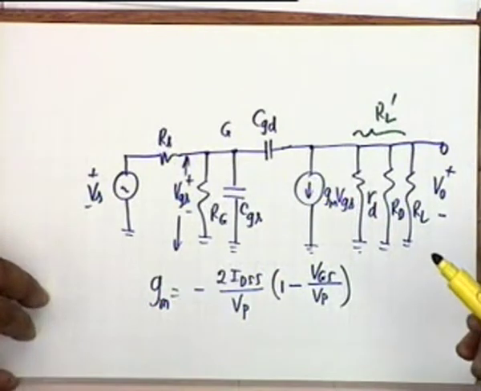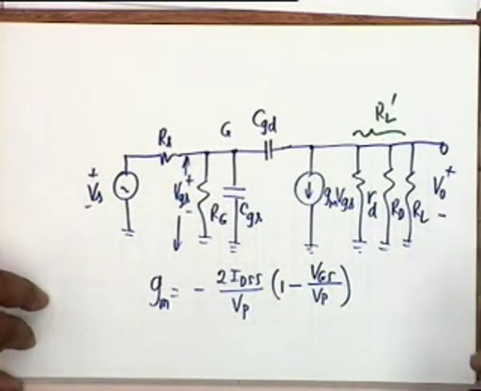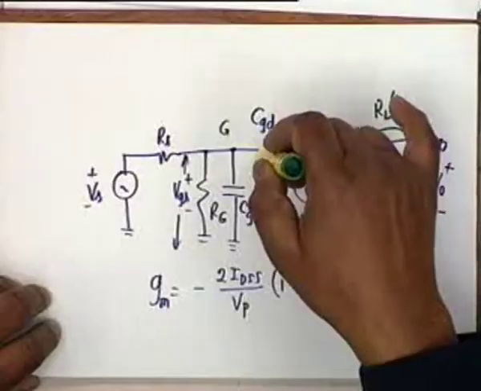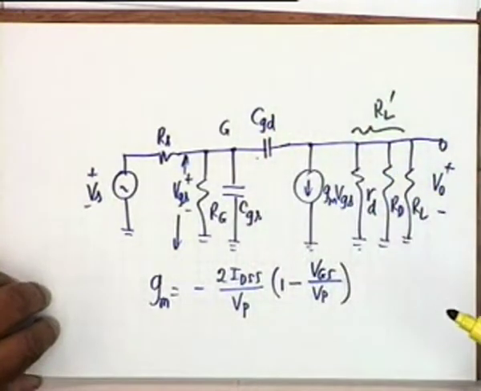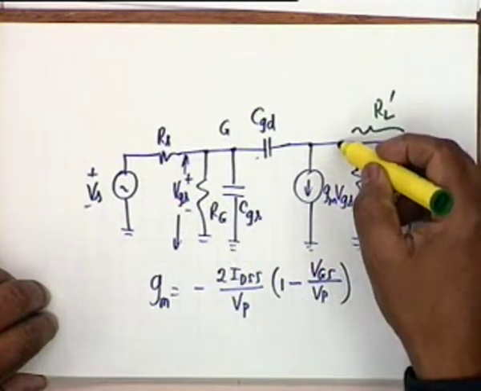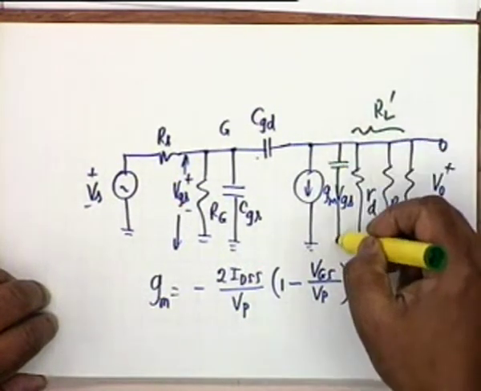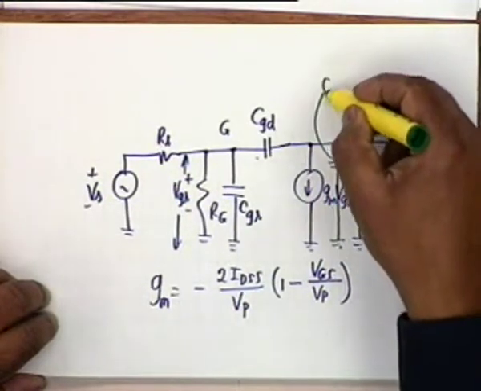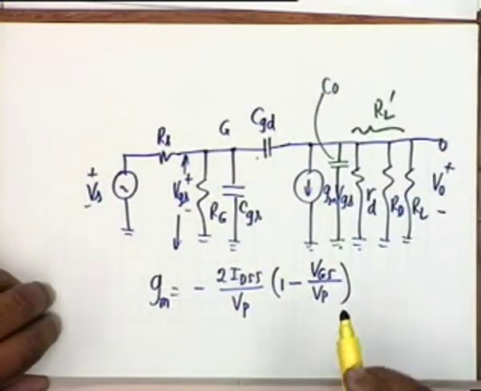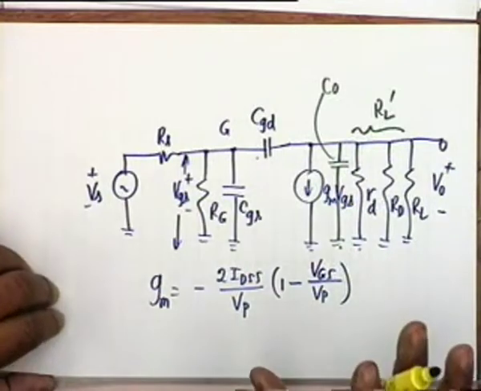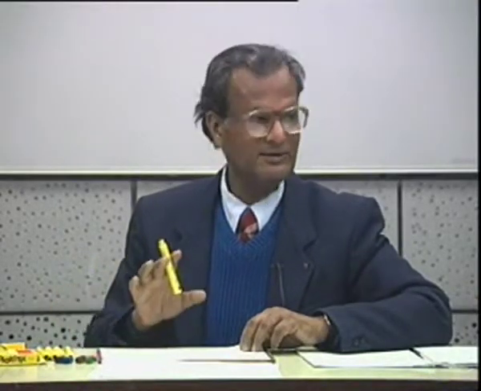That's all. There is no R pi here. Okay, so if I now take Miller effect into account, then CGD, I have made a mistake and I am waiting for the correction. There is no minus. C0, there is a capacitor here, C0, and if I want to analyze this by Miller effect, that is avoid this bridge which creates complications, we